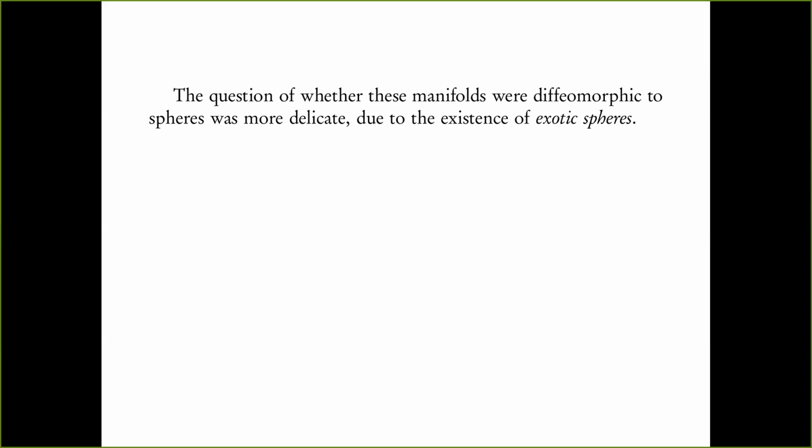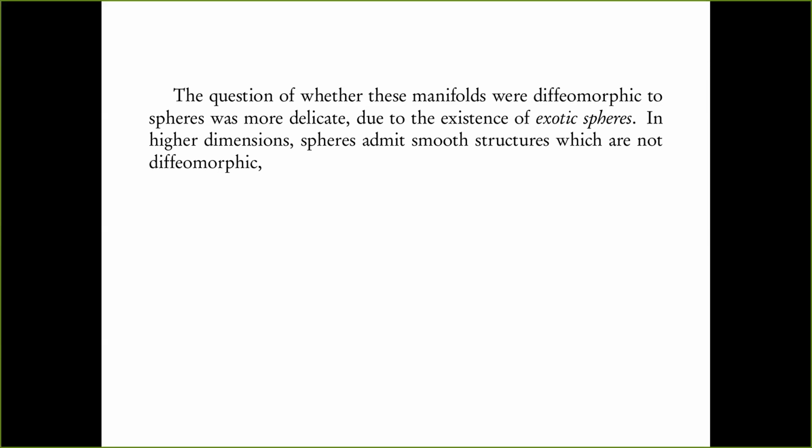So in high dimensions, just because you have a topological sphere, it does not mean that it's the standard smooth sphere. Okay? The standard smooth sphere will mean the smooth structure that you obtain on Sn by thinking of it as a subset of Rn+1. But there are other structures which need not come from this embedding. Okay? So that's the reason. Just because you have a homeomorphism does not mean it becomes a diffeomorphism.